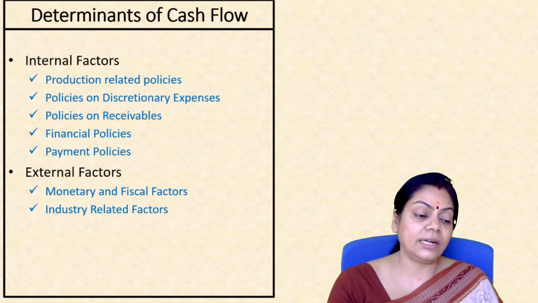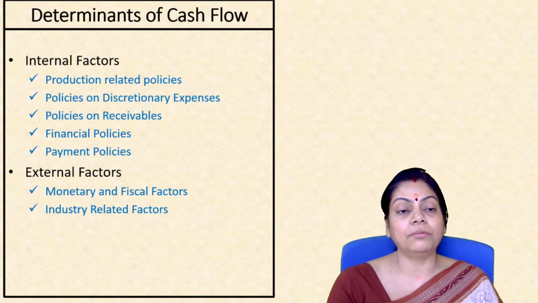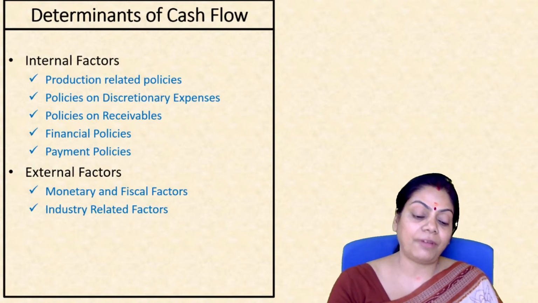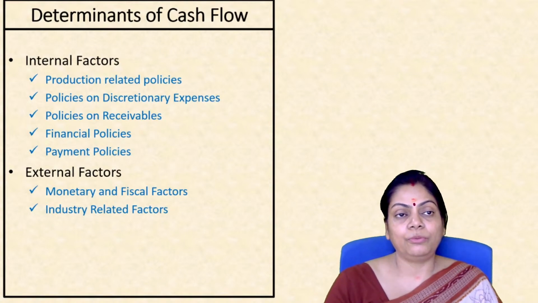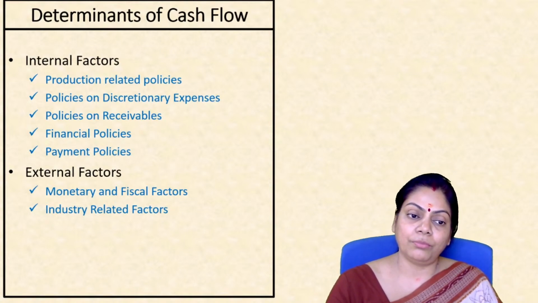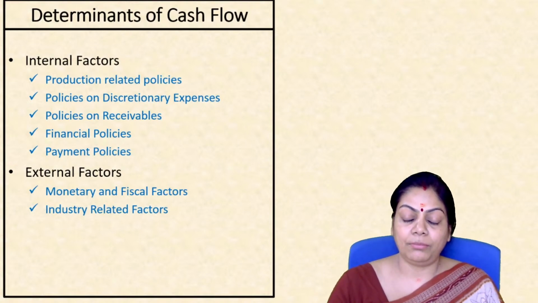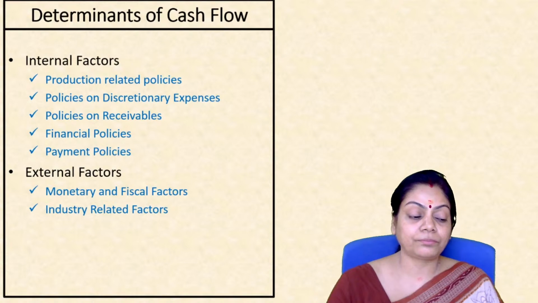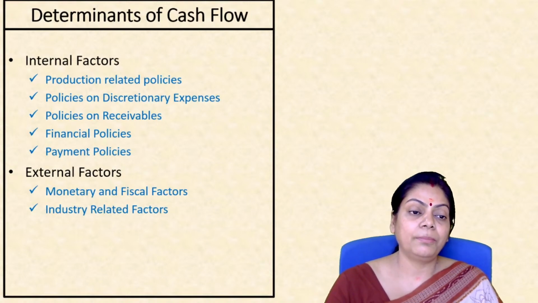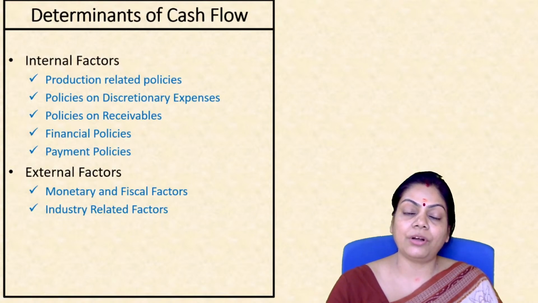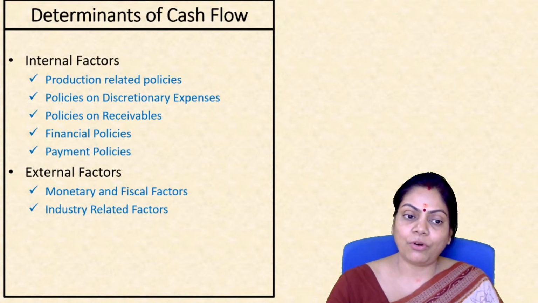And there are, again, as I said, several factors which are beyond the control of the company, like monetary and fiscal factors. We talked about monetary and fiscal factors, monetary factors specifically in detail in Unit 1. And the banks try to tighten the money flow in the economy through various methods. So the overall monetary and fiscal factors will have an impact, because if you are under tight monetary conditions, you will hardly get money for your speculative purposes. So banks will not finance that.